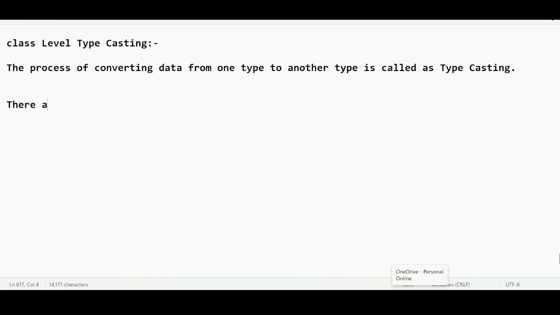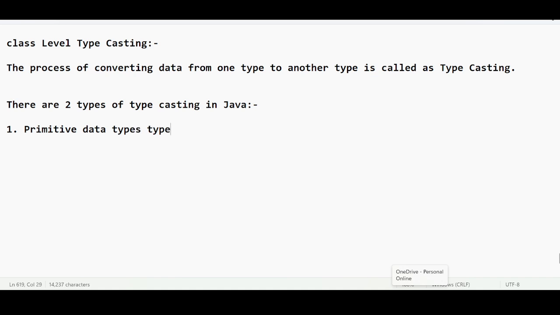There are two types of typecasting in Java. The first type is primitive data types typecasting. We do not have to discuss this topic again, as it has been discussed already.